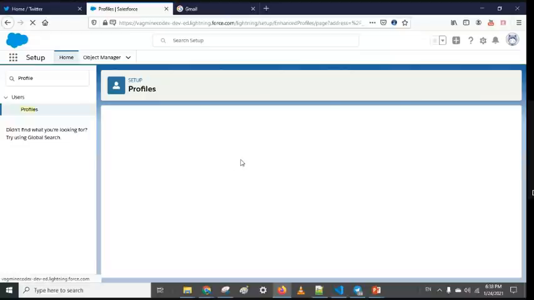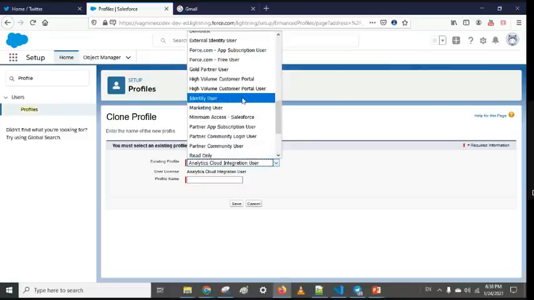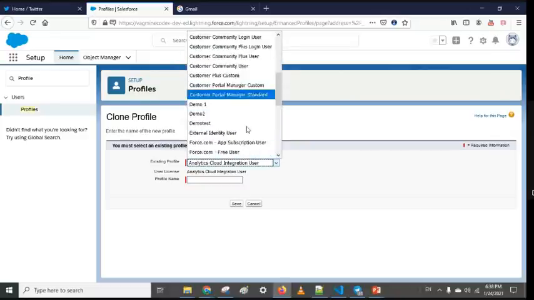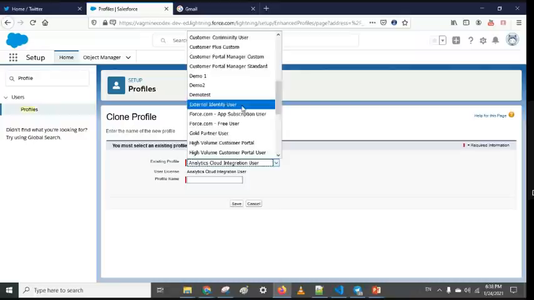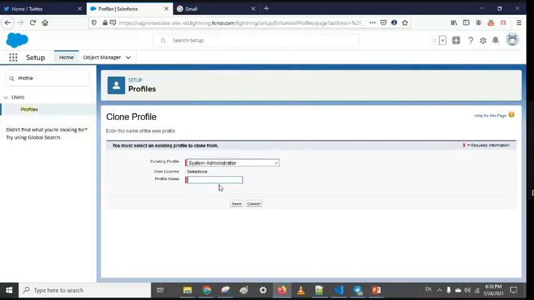Create a new profile. When we create a new profile, it always asks based on which profile you want to create a separate profile. So basically, you have to use your existing profile. Now let's go with the System Administrator. DX demo.